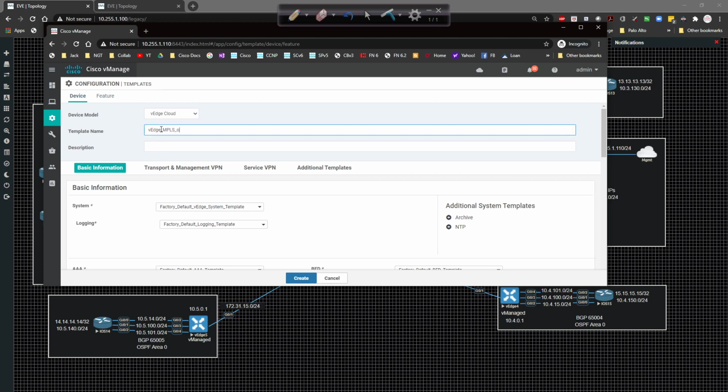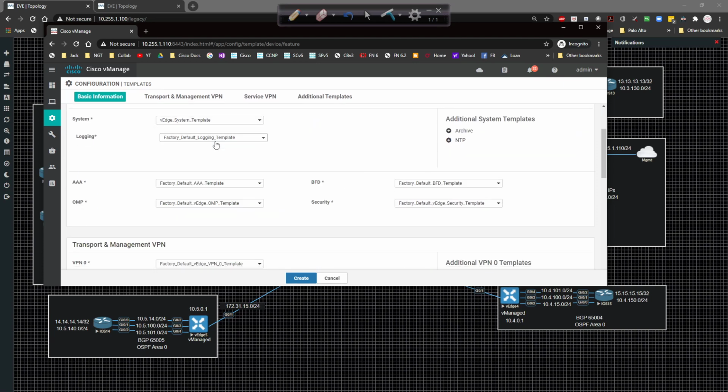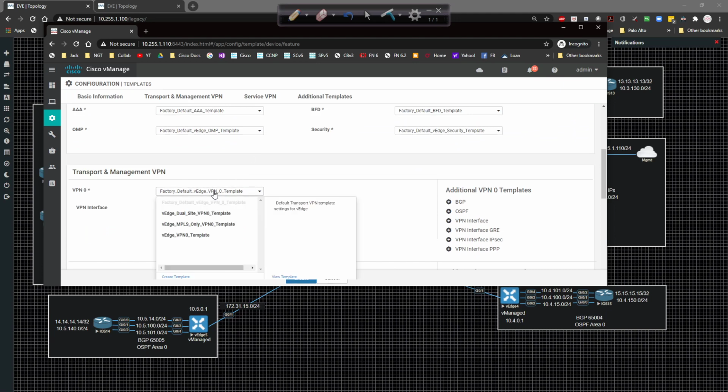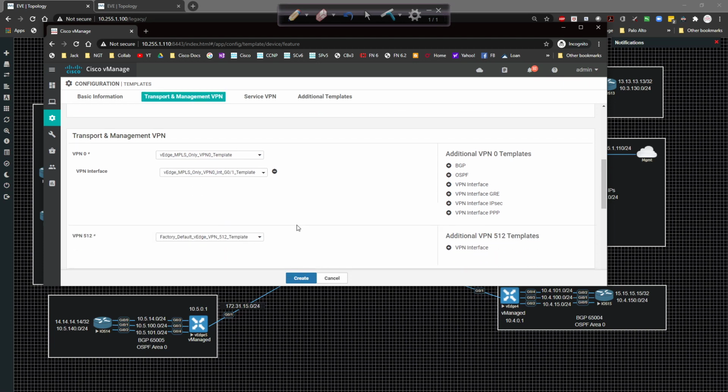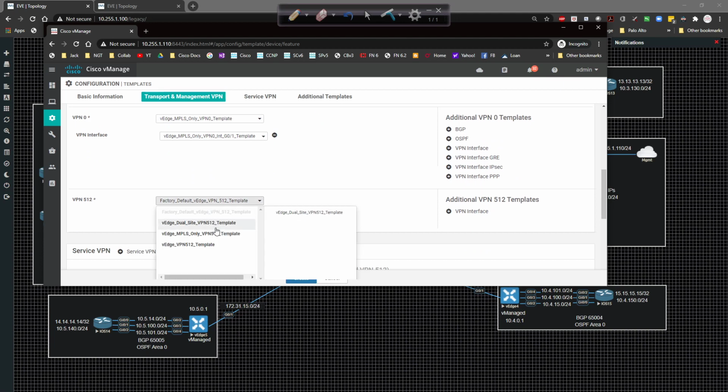MPLS only underscore device template, and then there we go. So then MPLS only device template, excellent. So now I can come in here and system template, come down here to VPN 0, MPLS only VPN template, and then we're going to grab the MPLS only gig interface right there. And then for VPN 512, and then the interface,